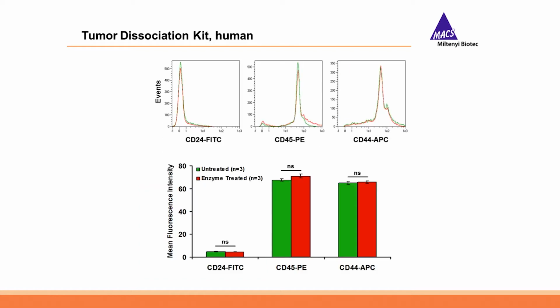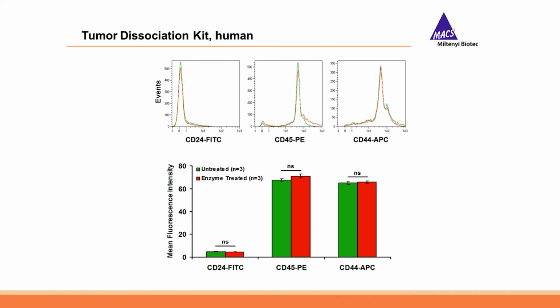Concerning the second one, the epitope preservation, we really spend a lot of time to analyze that, and this is shown here how we do it. We take PBMCs, so other blood cells and cell lines, and then we label them with cell surface markers and treat them with the enzymes that we use for dissociation. And then we check the expression level, so in flow cytometry it's the mean fluorescence intensity, to actually check if the expression level of this marker is altered by the enzymes that we use, which is not the case for